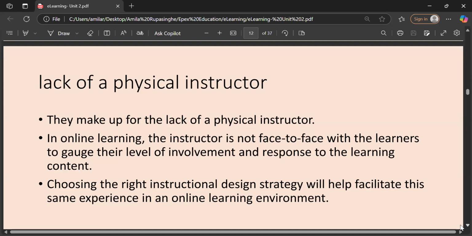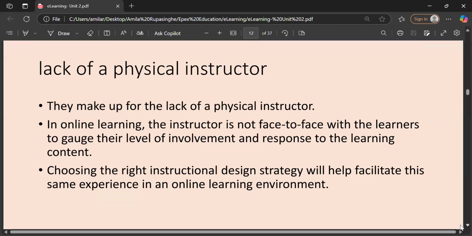Therefore, we have to design some strategy to facilitate the same experience in a different way, like, as I told you, giving presentations, asking oral questions always, and asking students to switch on videos. We have to use these kinds of strategies to overcome this problem.